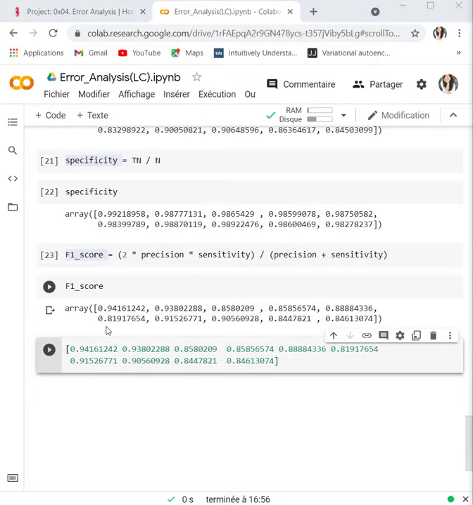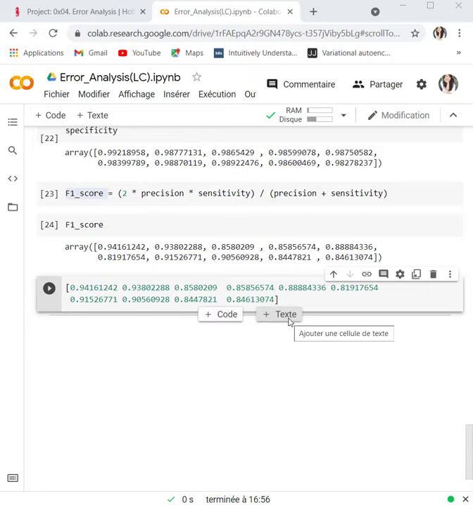Now if you are asking when do you use F1 score and when do you use accuracy, in fact, the accuracy metric is used when the true positives and the true negatives are more important. So it can be used when the class distribution is similar, while the F1 score is a better metric when there are unbalanced classes. So if the classes in your dataset are equal or similarly distributed, you can use the accuracy metric.